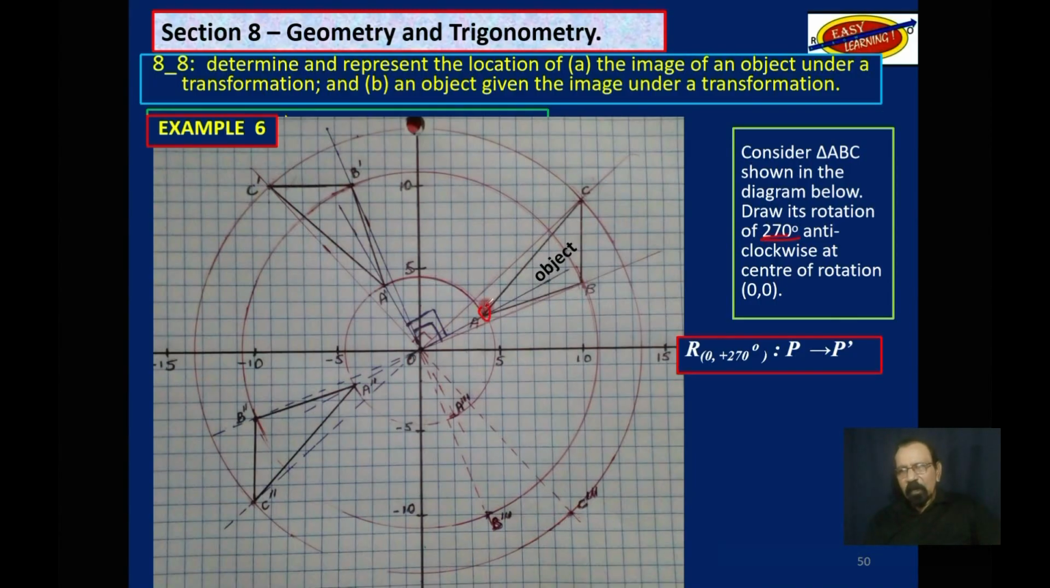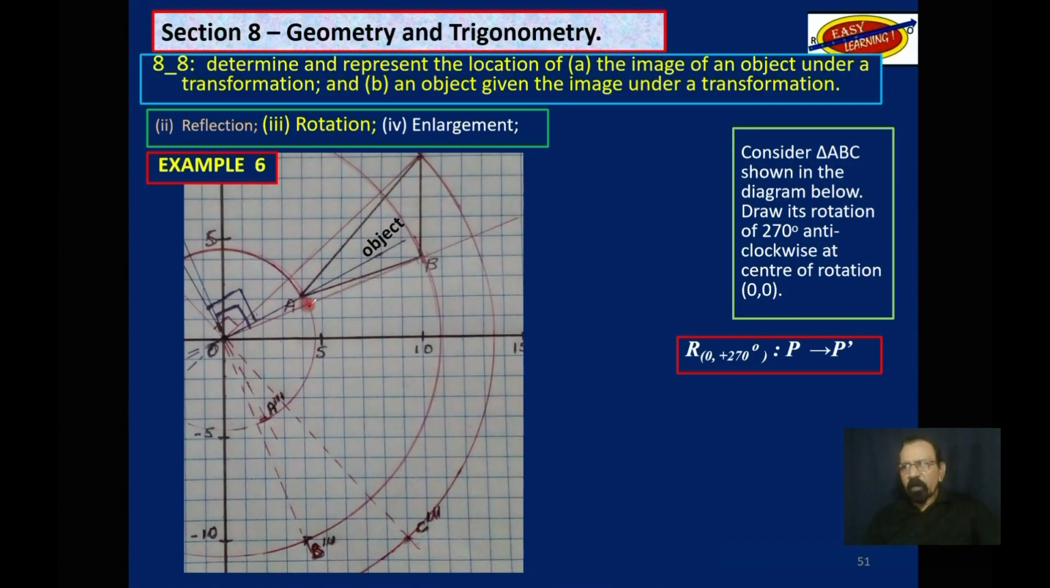That A becomes A triple prime over here. That B becomes B triple prime over here. And that C becomes C triple prime over here. I'm using triple prime to differentiate between that prime there and this double prime here. Okay, this is a closer look. That A becomes A triple prime,